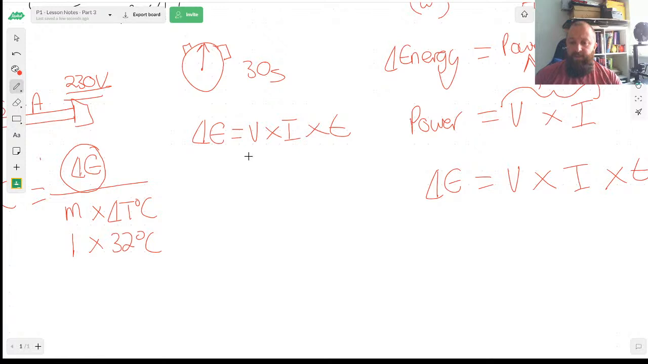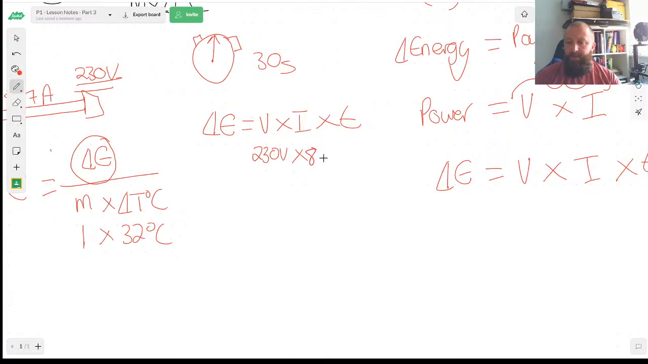So the change in energy is the voltage, which I said was 230 volts, multiplied by my current, that I said was 8.7 amps, and I had it on for 30 seconds. So if I plug that into my calculator now, 230 multiplied by 8.7 multiplied by 30. So that means in that 30 seconds, I'm going to be transferring 60,000 joules of energy